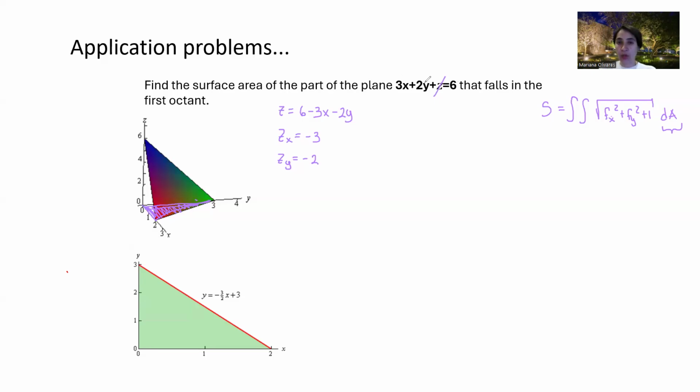So we can get an expression for y. This term is going to be subtracting: 6 minus 3x. And y has to be 6 minus 3x divided by 2, which is the expression that I have here. So this line is the line that we have here, okay? Important to say, if that is correct, you can also get the limits of integration, which are these cuts here,